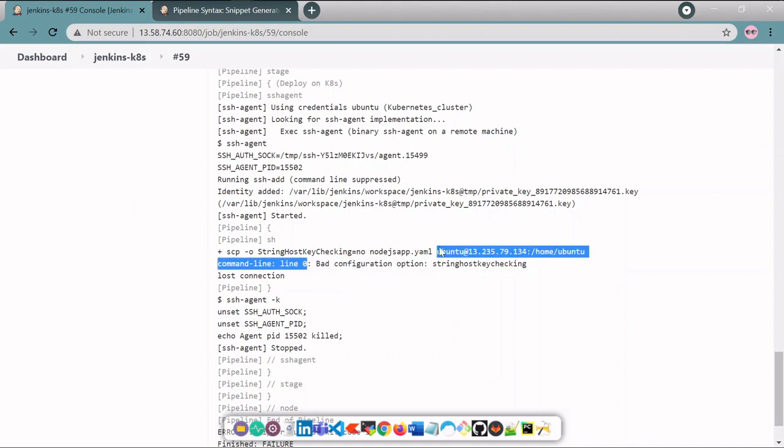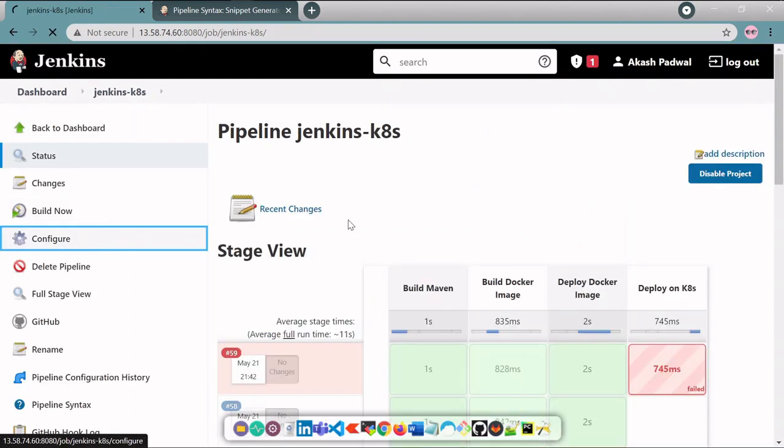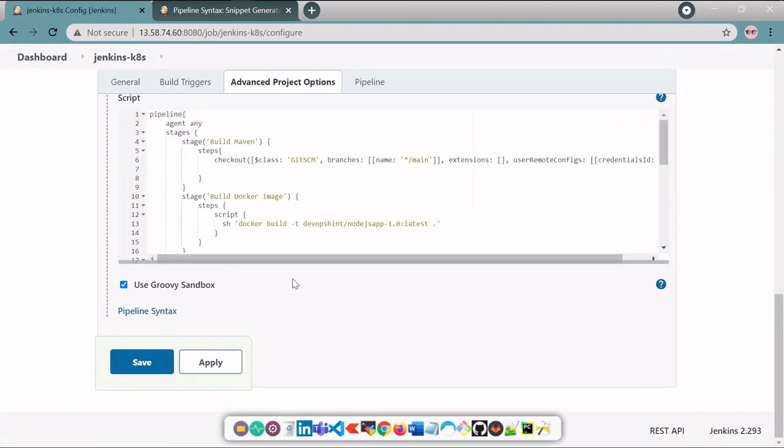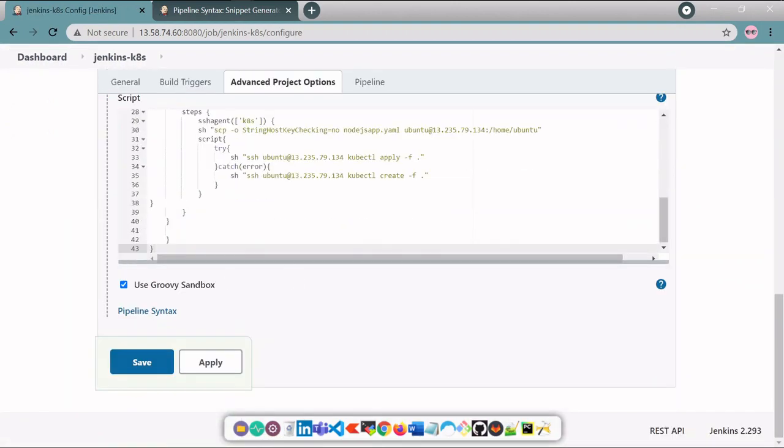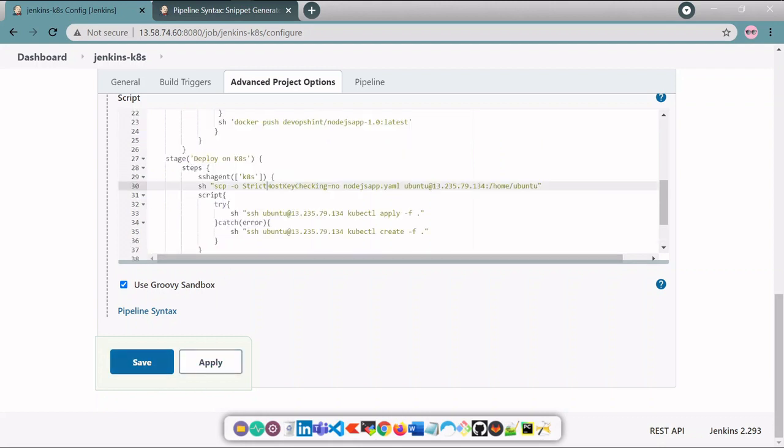It is saying bad configuration option string host checking. Let's check. Here we went wrong. We replace string with strict. Now we'll check.